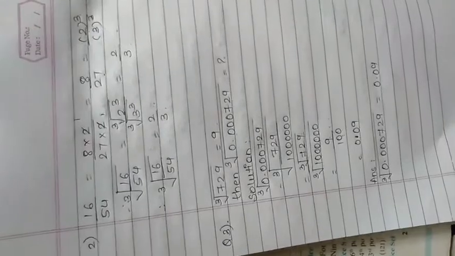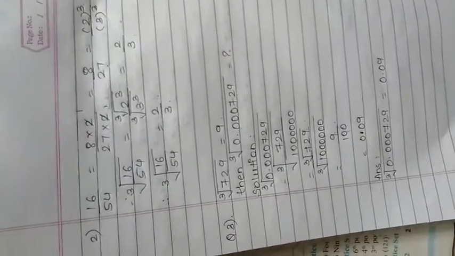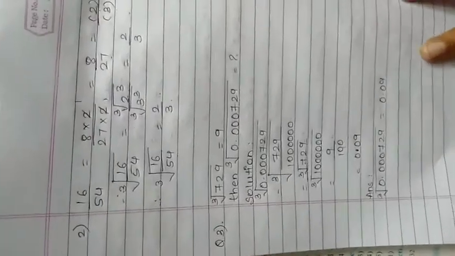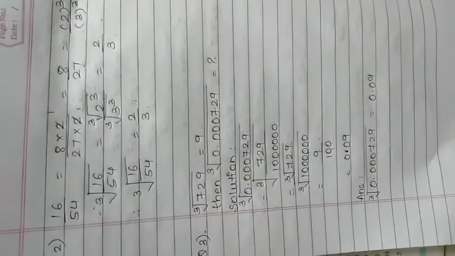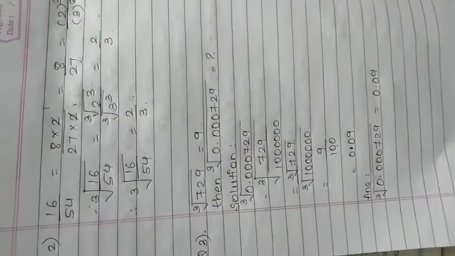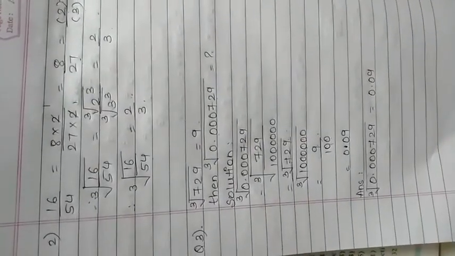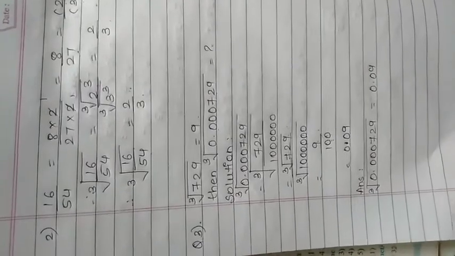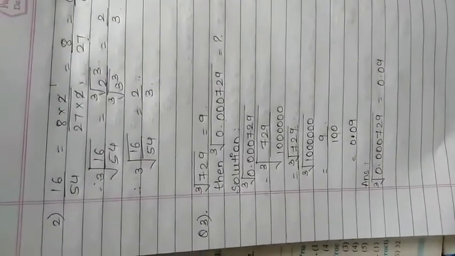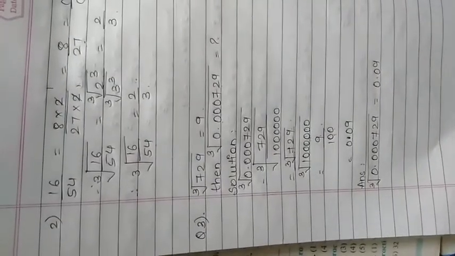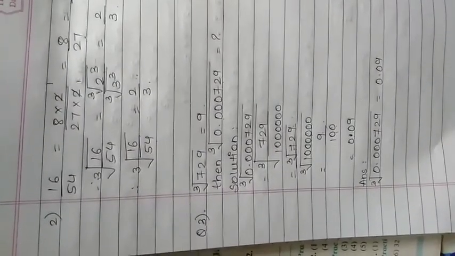Along with this, chapter number 3, that is indices and cube root, gets completed. I'll be sending you all the PDF. Copy all the sums in your notebook. I have seen many of you don't watch the videos, you just copy the PDF. So first see the video, understand each and every sum, and then copy. That would be quite easier for you all. If you know and understand each and every sum, it will be easy for you to do everything on your own also.